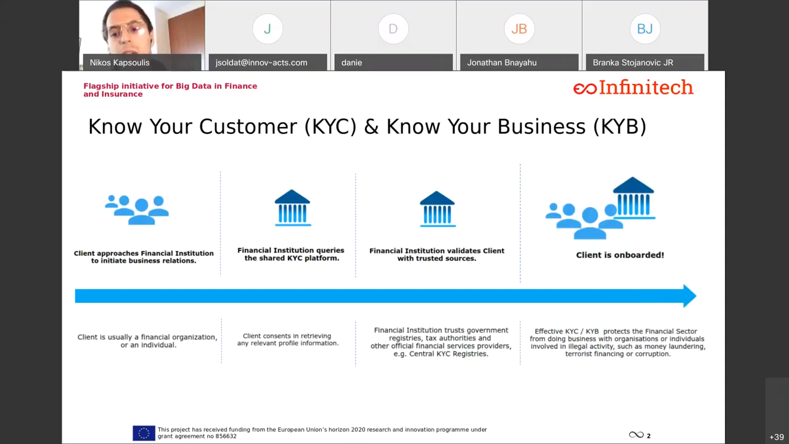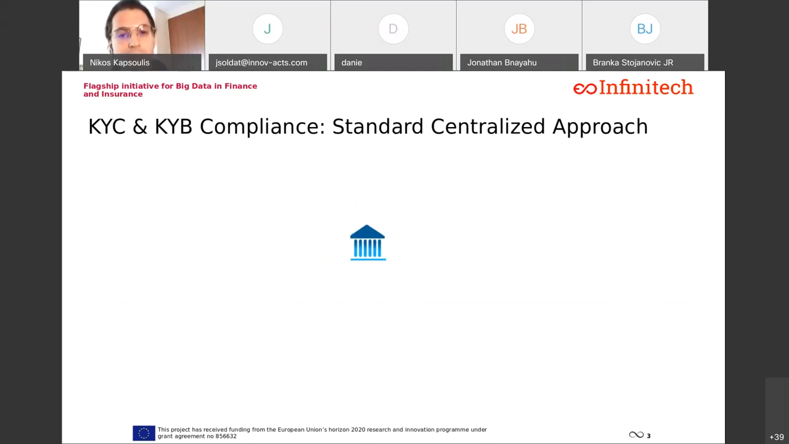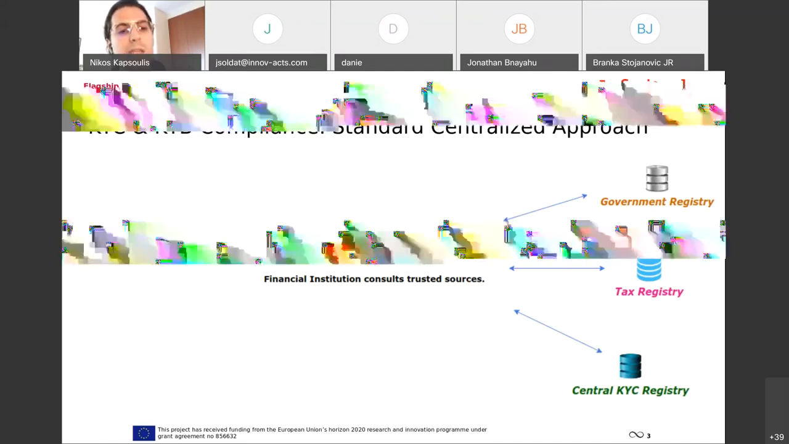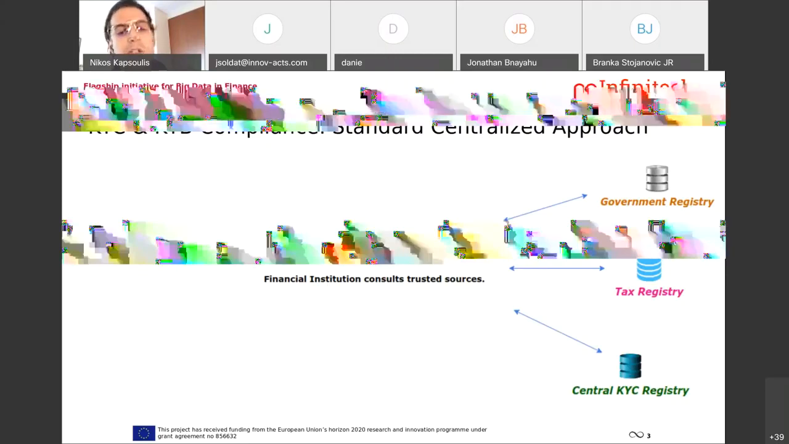It is actually how the financial sector is protected from fraudulent activities like money laundering and terrorist financing and so on. So in the standard centralized approach that I'm describing right now, we have the institution consulting trusted sources of data, as we said earlier. This means they ask about the client data from government registries, tax registries, or central KYC registry,